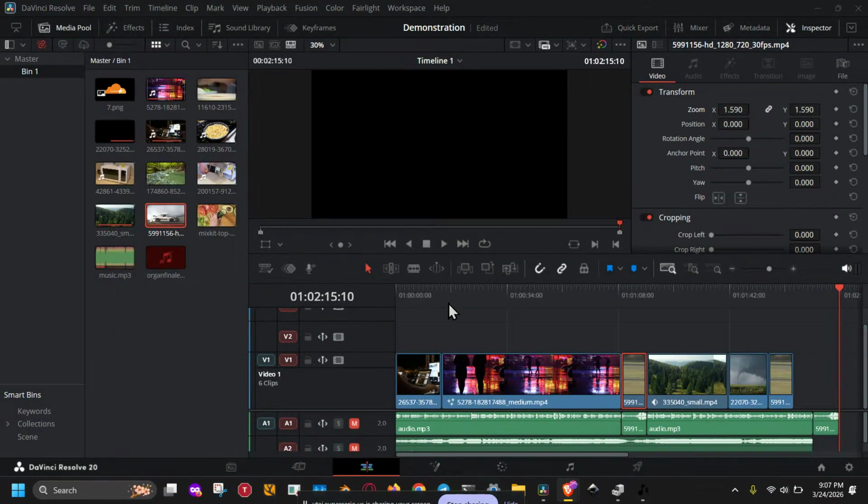If your DaVinci Resolve 20 workspace looks messed up, panels are missing, or the layout just doesn't feel right, don't worry. In this video, I'm going to show you exactly how to reset the workspace in DaVinci Resolve 20 step by step, so you can get everything back to the default layout quickly and safely. This is perfect if your media pool disappeared, your inspector is missing, your effects library is gone, or your Fusion